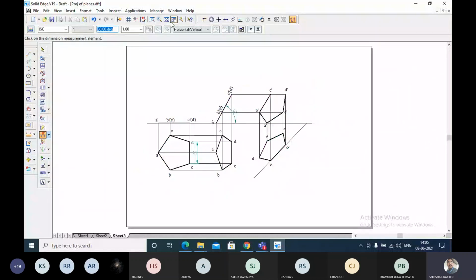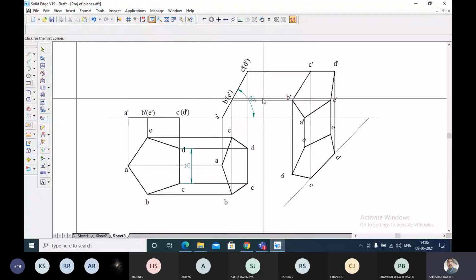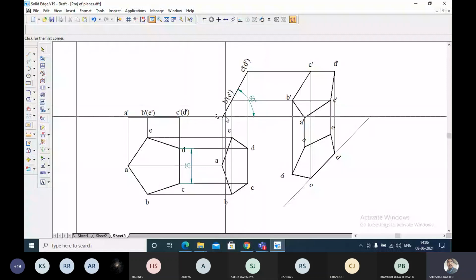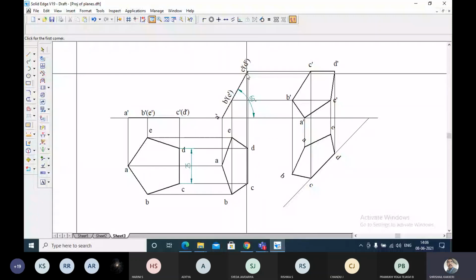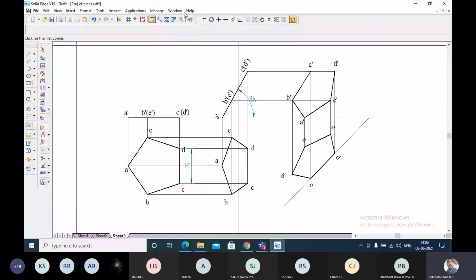Zoom this part. They have given us 25 mm sides and resting on one of its corners. The surface makes an angle of 60 degrees and the edge on which it rests is at an angle of 45 degrees and it is nearer to the observer. This is nearer to the observer. The edge is the one which I have shown here. This is the observer. It is near to the plane. This is near to the observer.